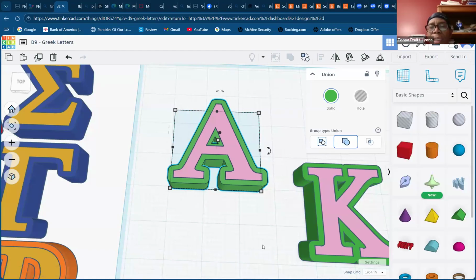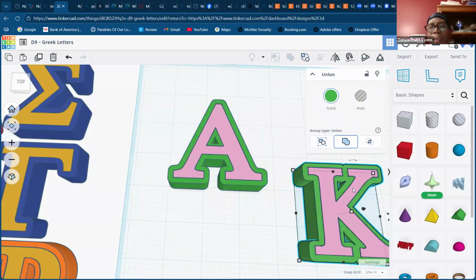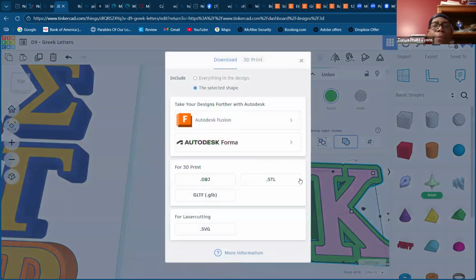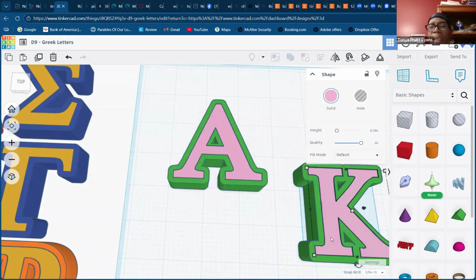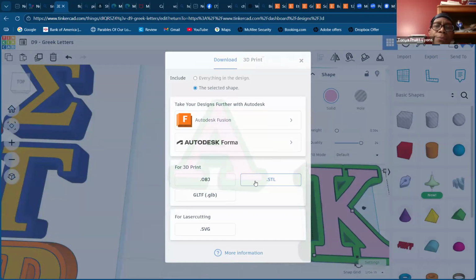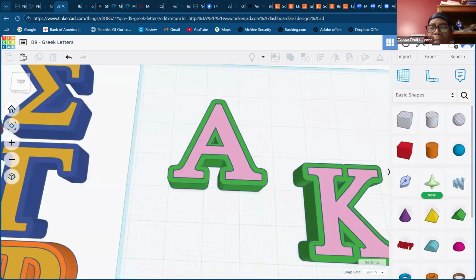Okay, I'm going to do it again. So I'm going to click the K. I'm going to click export STL. And then I'm going to click the pink export STL. Okay, so now I'm done with Tinkercad. I have my slicing program already up. So I'm going to click